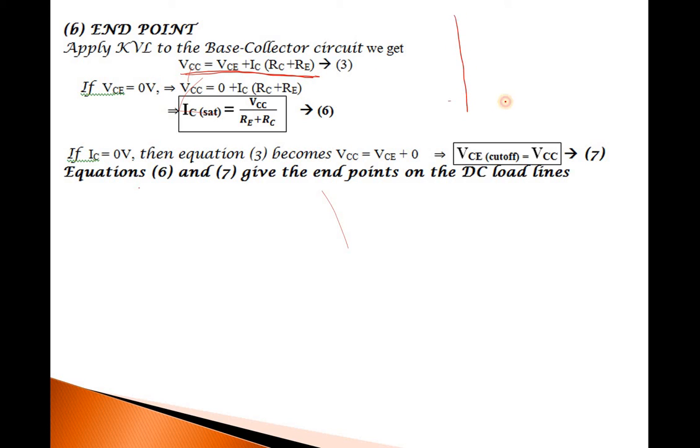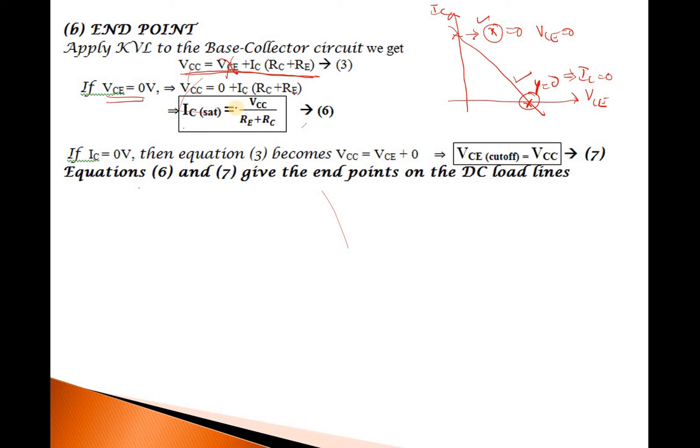And you know very well, when I have a line like this, if I want this, I should substitute x-axis value as 0. That means VCE is equal to 0, since x-axis I am taking as VCE. When I want this value, then y-axis should be 0. Y-axis is IC, implies I need to substitute IC for 0. So 2 times we need to substitute and find out. In this equation, first let me substitute VCE 0. If I write VCE 0, this will get cancelled. I will have VCC is equal to IC into RC plus RE.